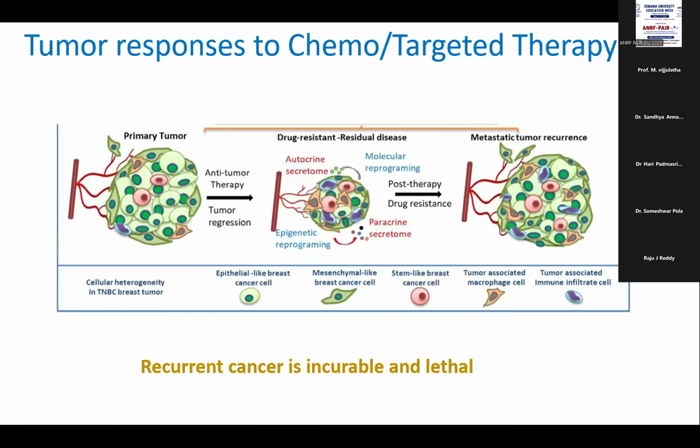And particularly in view of the recurrent cancers, because around 30% of TNBC cancers have a high recurrence rate, and it is incurable and is lethal. So chemotherapeutic resistance, what are the genes involved, what are the molecular mechanisms involved, is a major focus of the